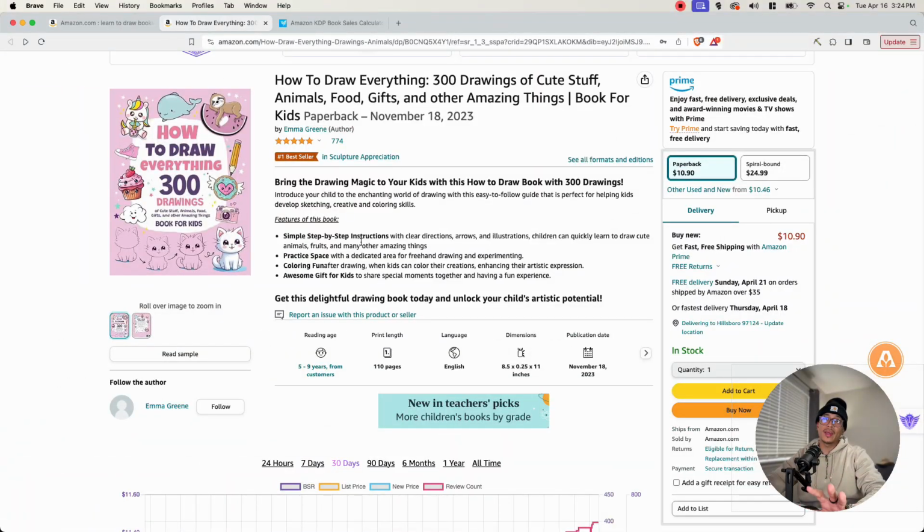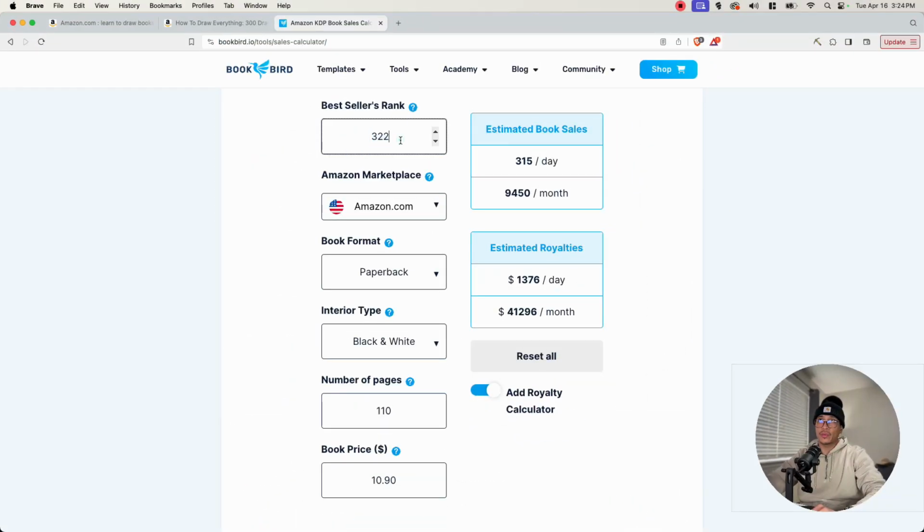time. Now, if we go ahead and take the BSR of this book and put it into a sales calculator, we're going to see that with the bestsellers rank of 322, 110 pages, at a book price of $10.90, this book is estimated to be making about 315 sales per day, which is about 9,450 sales per month, which equates to $1,376 per day, or about $41,296 per month. Now, if that doesn't motivate you to start making some books in this niche, then I don't